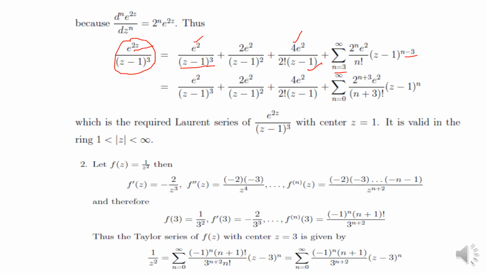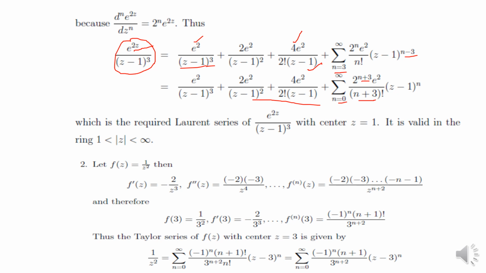So this can be just the first 3 terms are same. The last term we just rewrite as sigma n is equal to 0 to infinity, because we have made it from n is equal to 0, e square n plus 3 factorial, which means we are writing n is equal to n plus 3 and (z minus 1) to the power n, because n is equal to n plus 3, so minus 3 will cancel out,